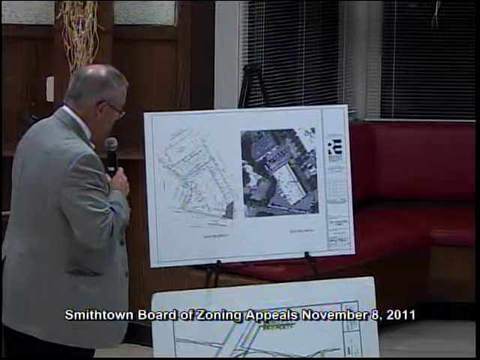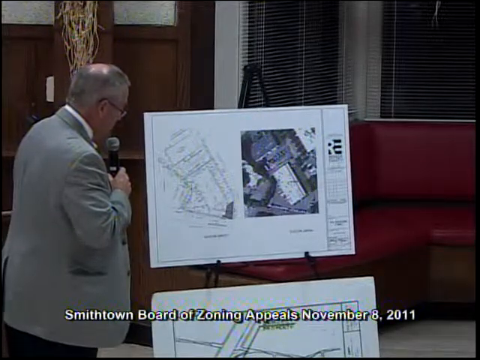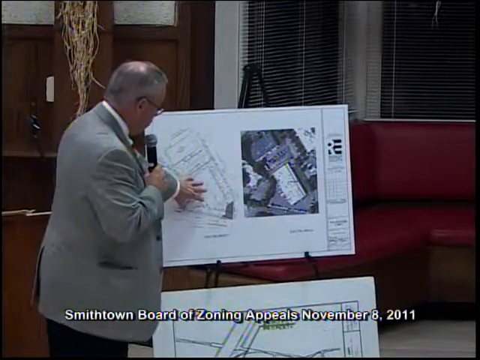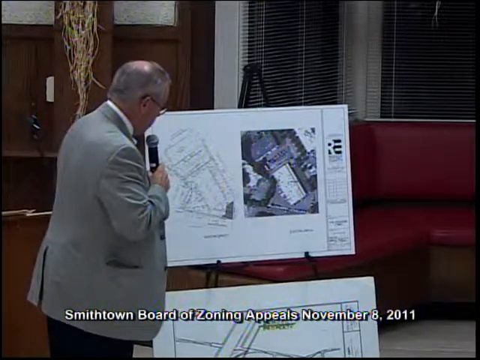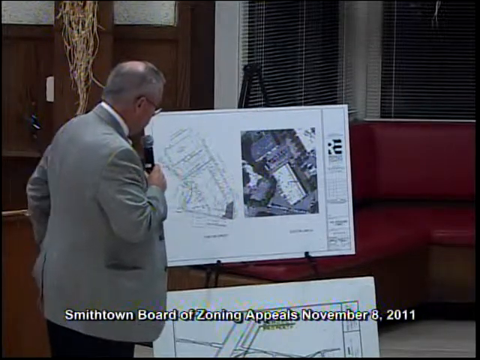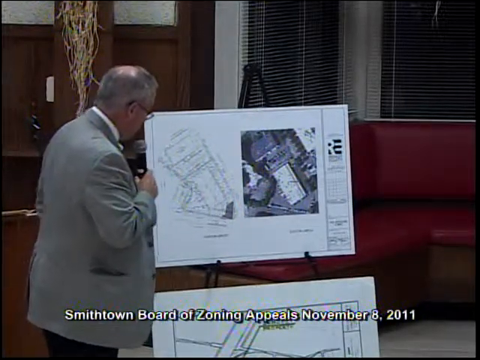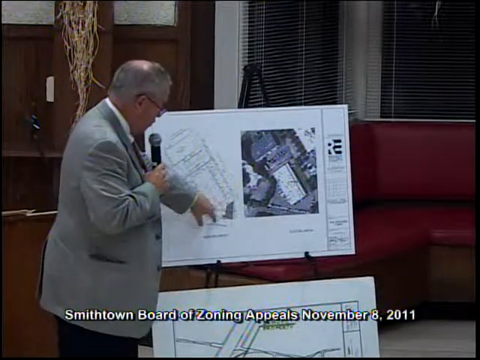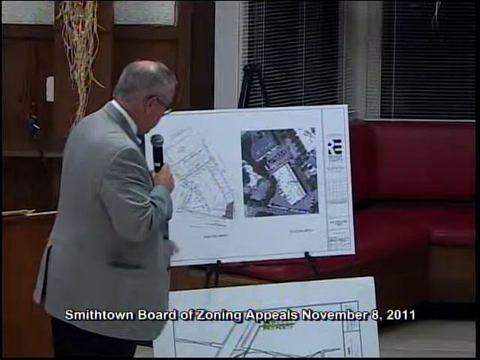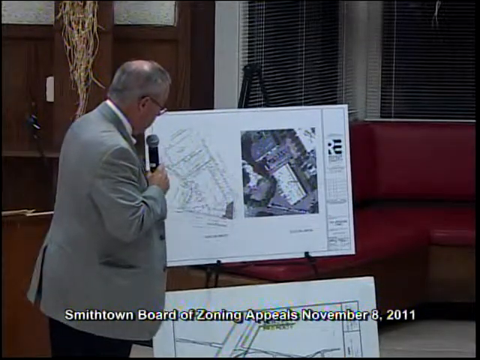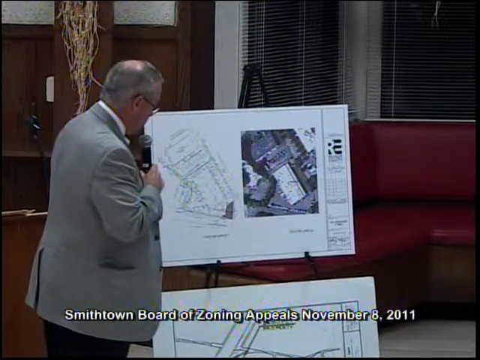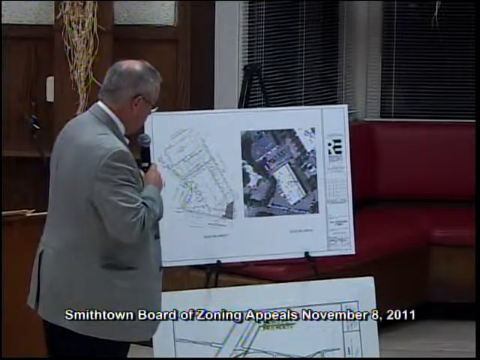All other aspects of the subject property would remain the same. This came about as a result of an upgrade to the property that was ongoing by the existing occupant. What happened was the occupant filed a building permit to renovate the building, and it was determined in the course of that process that there was a site plan deficiency. So part and parcel of this application is a physical upgrade to the overall property, which is a benefit, obviously, to the property that surrounds it.